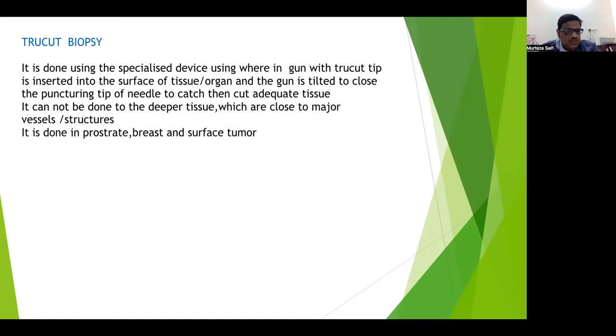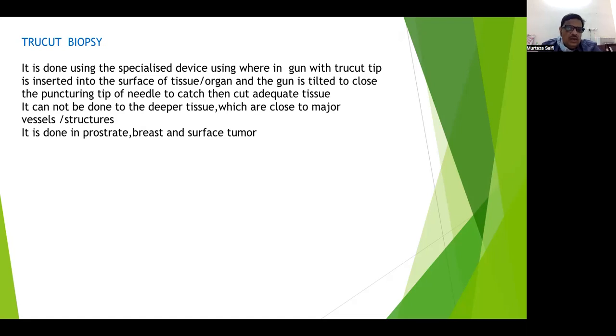It is done using a specialized device, a gun with a true cut needle, which is inserted into the surface of the tissue or organ. The gun is tilted to close the puncturing tip of the needle into the cage, then cuts adequate tissue. It cannot be done in deeper tissue which is close to major vessels or important structures, like in the